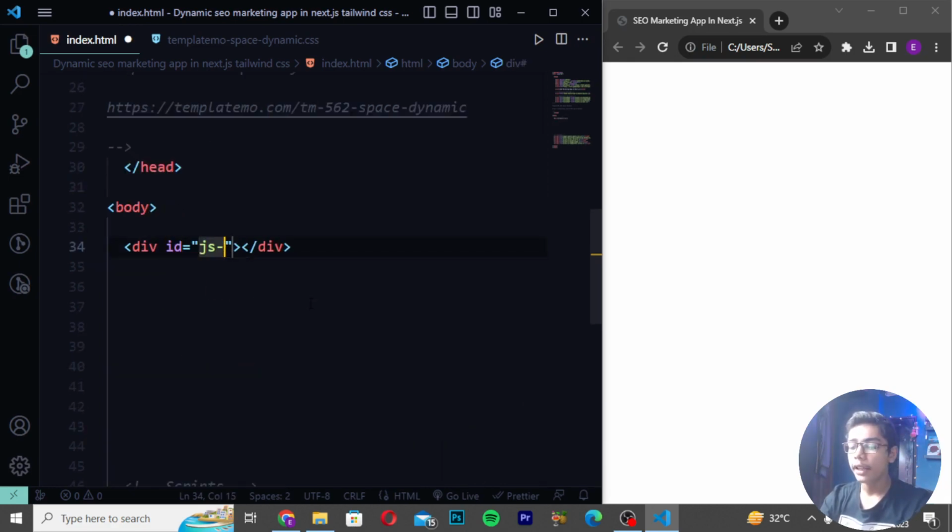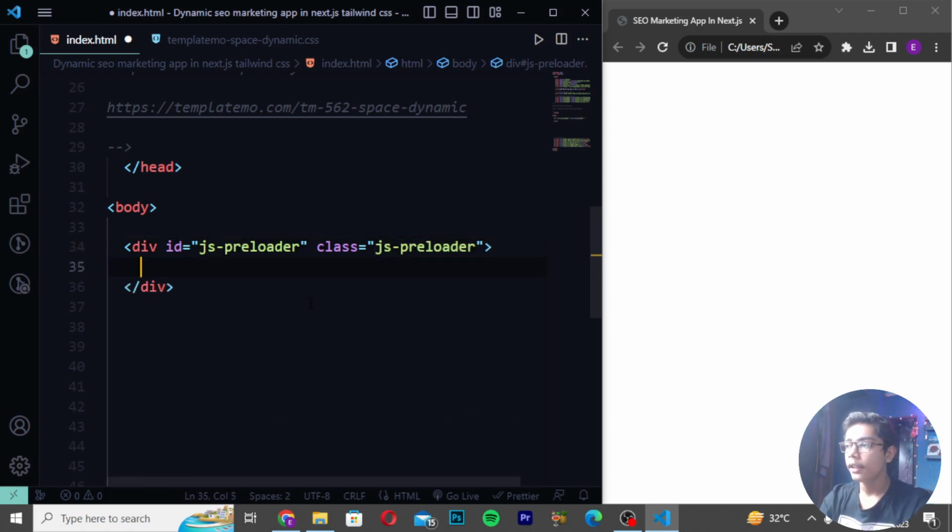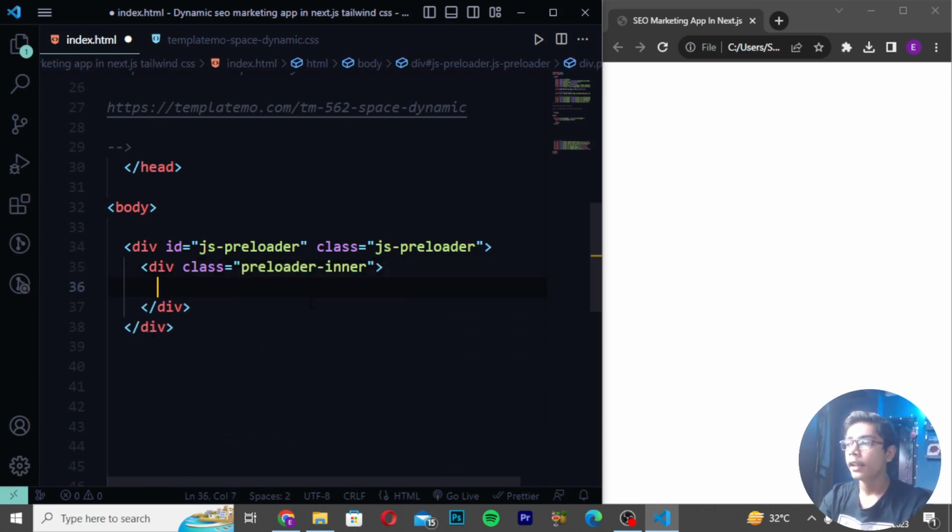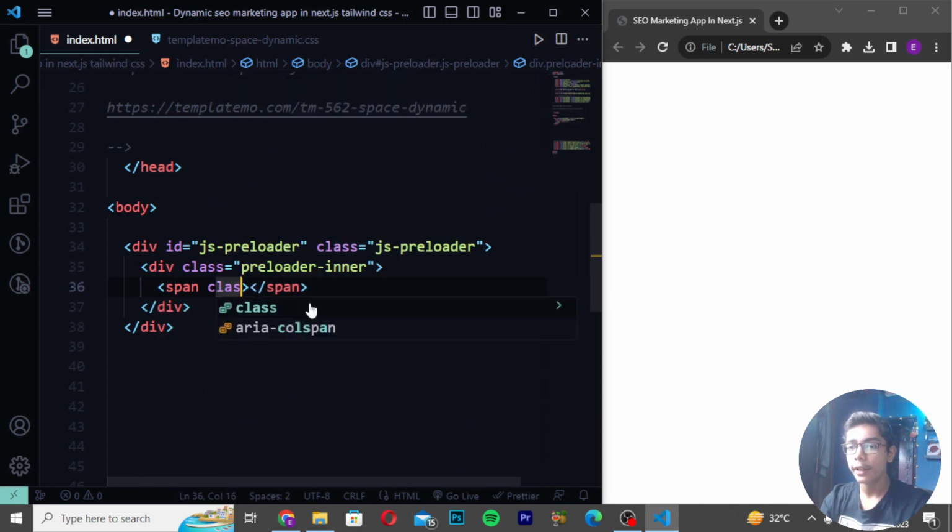And I will be using the ID as preloader, or you can say JS preloader, I will be using here. Then create class as JS, and I will be writing here preloader. Then you have to now just create div class, and I will be now writing it as preloader dash, and I will be writing it. Then you have to now create span class, and then I will be now just writing here span class as